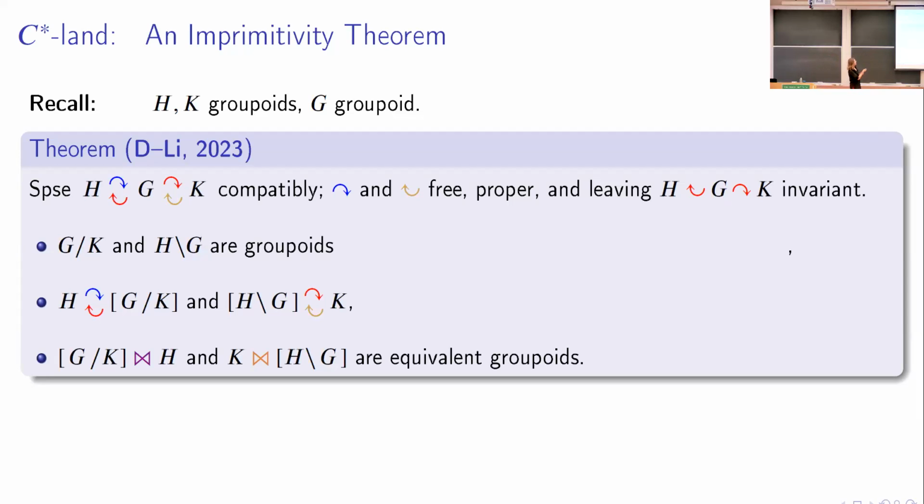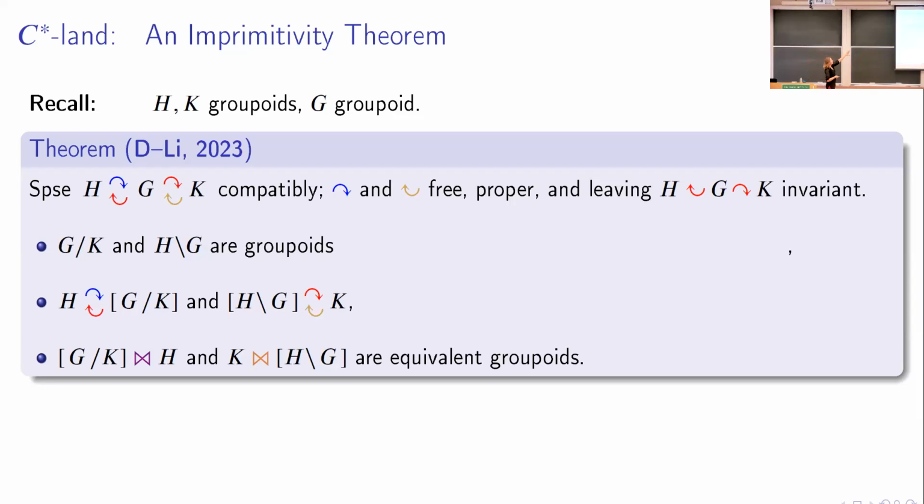Okay, so what was this again? The actions being free tells me that the quotients by these actions are actually groupoids in an algebraic sense. The actions being proper told me that they're actually topological groupoids, actually nice locally compact Hausdorff groupoids. Then what I could also do is that because of this invariance condition, I get compatible actions of the groupoids on the respective other quotient. And because these are compatible in a nice way, I actually get Zappa-Szép products, and they're actually equivalent groupoids giving me equivalent C-star algebras. So Morita equivalent C-star algebras.